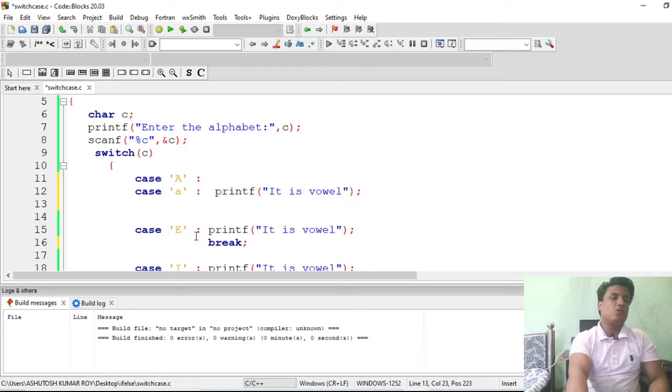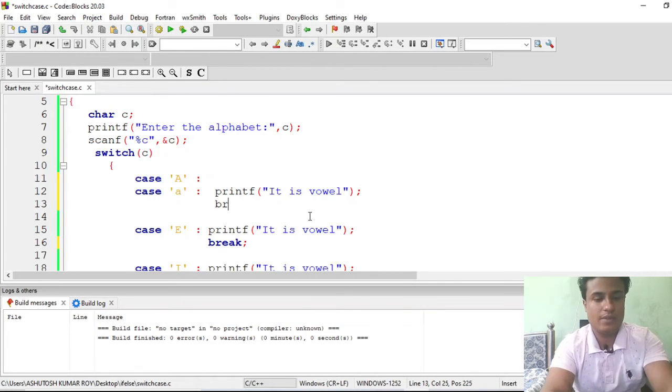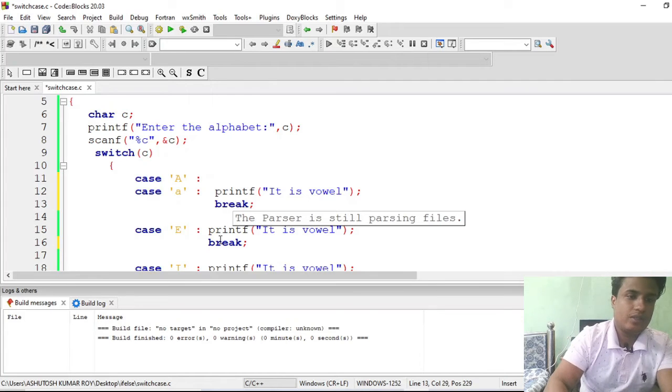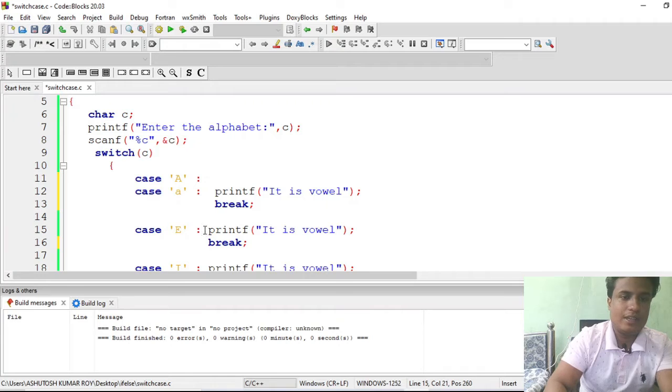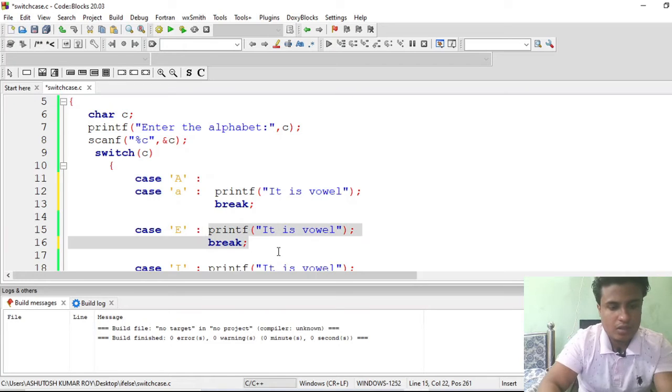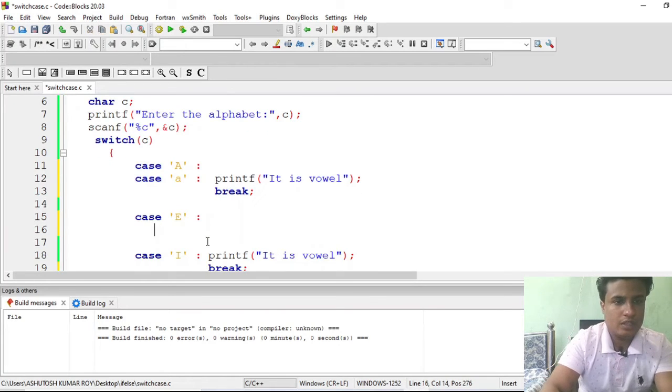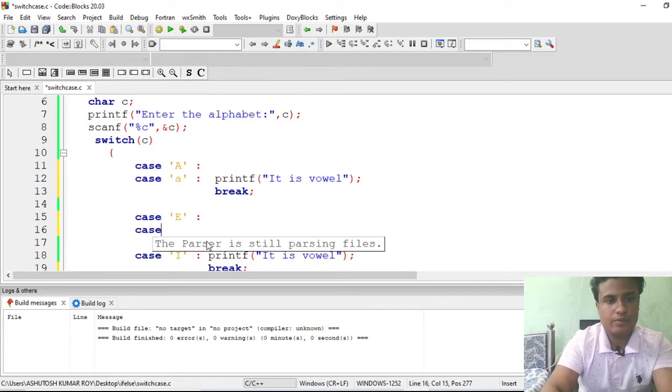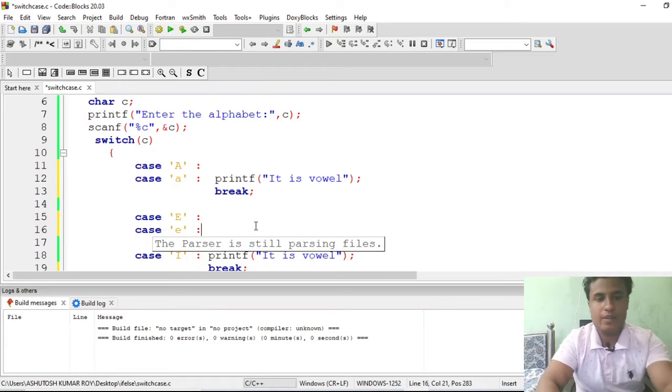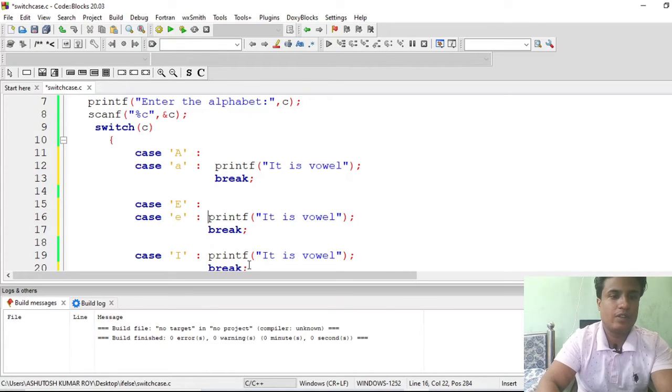So let me now put all the cases in, let me do it first. What could be the next case? In a similar way we will write this. Control X. What could be the case here? Small e, like the vowel. Okay, hope you are getting it. What could be the other case?